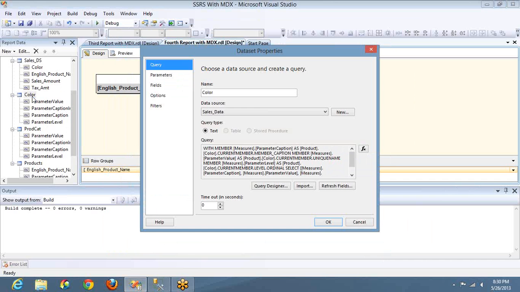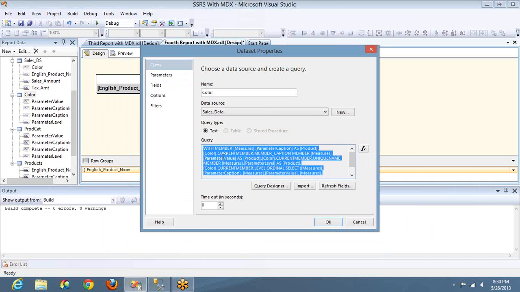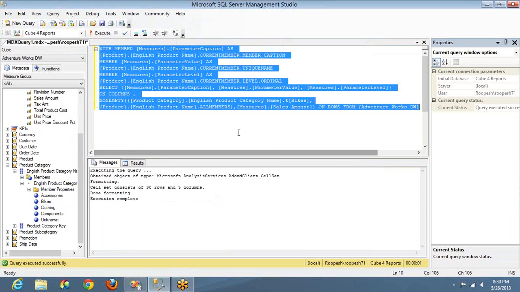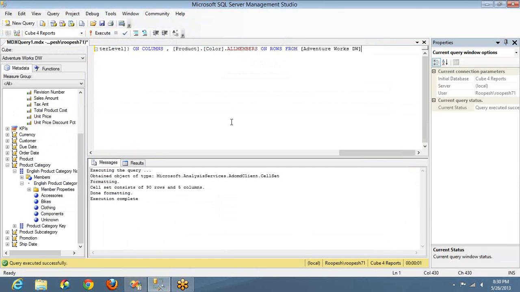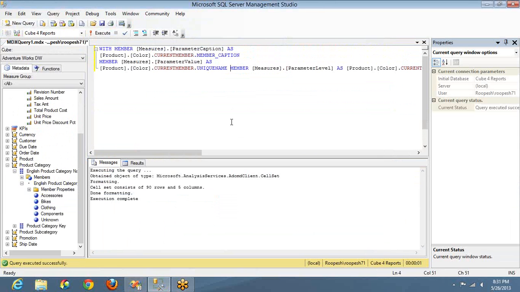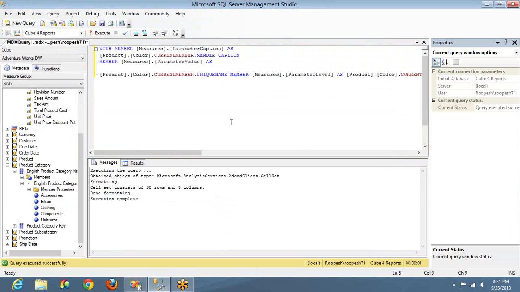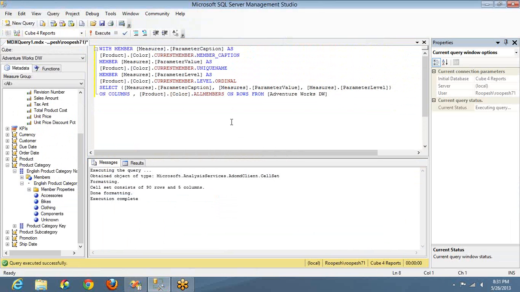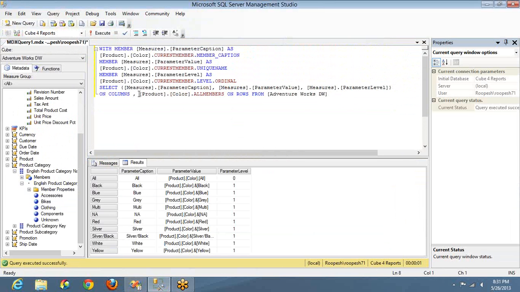Even color should be dependent on products, right? If I select 10 products and these 10 products belong to black color, then why do I have to show blue color to the user? That is not required, right? So let me try the same stuff. I copied it. Let me cut it so that you can see the complete query in a better way. Oops, something is missing. Okay, here it is. Let me go for the select statement, and let me go for on and colors. Perfect. Now these colors are dependent on